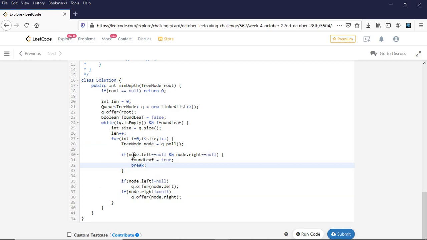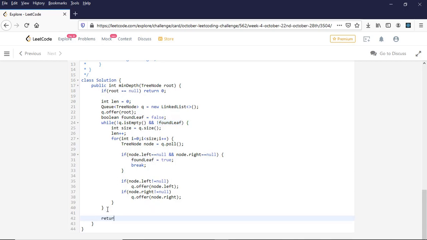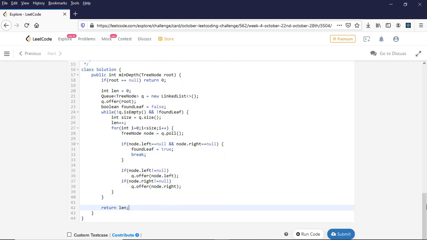But if at any place I find a leaf node, I mark foundLeaf as true and break out of this for loop, and eventually it will also break out of the while loop. At the end I can directly return the length, that is the depth of the tree. Overall the time complexity will be O(n), where n is the number of nodes in the tree, in the worst case scenario. So let's submit this and see whether it works fine.